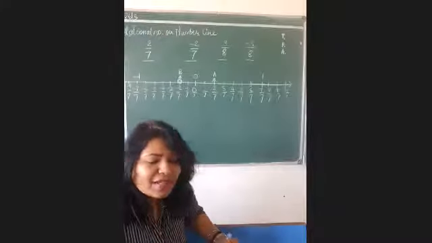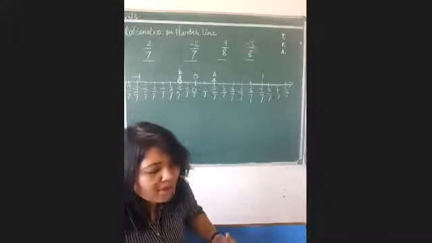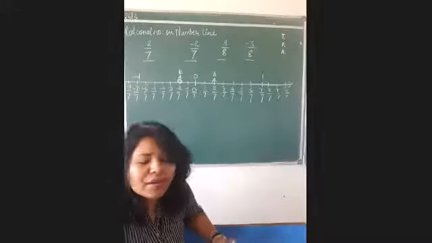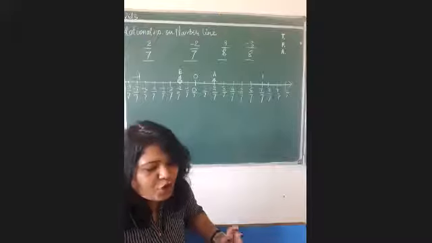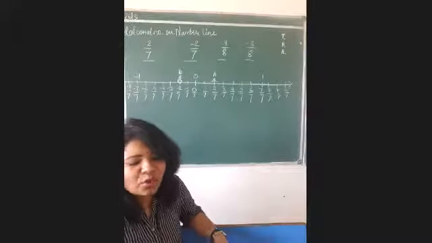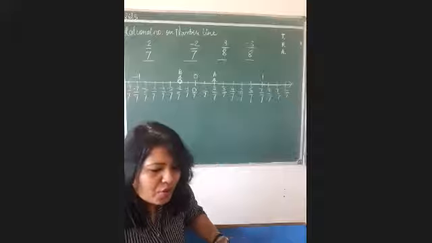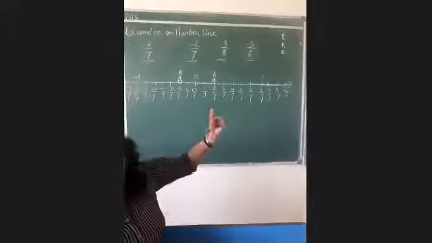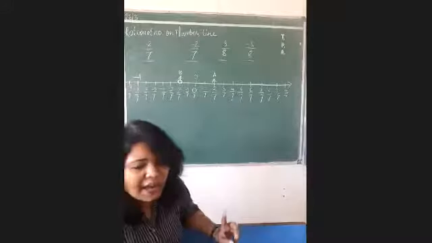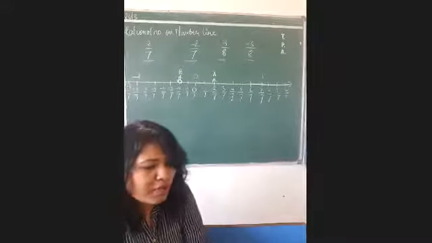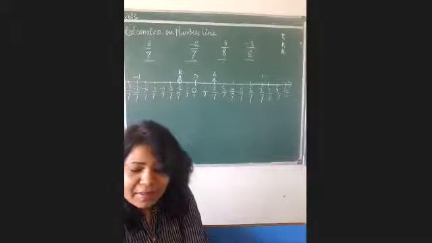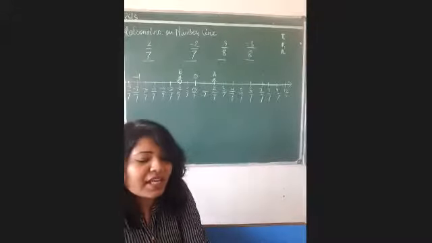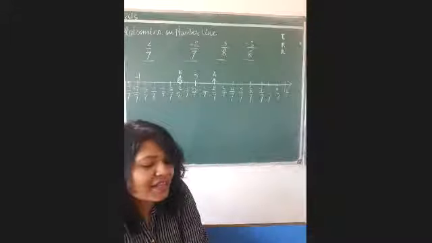Always remember, the gap should always be equal on a number line. One gap should not be larger and another smaller. This type of pattern should not be followed. And another thing, always make arrowheads on both sides because you are talking about a number line, and a number line can be extended in both directions endlessly. So students, we have just now done proper rational numbers.